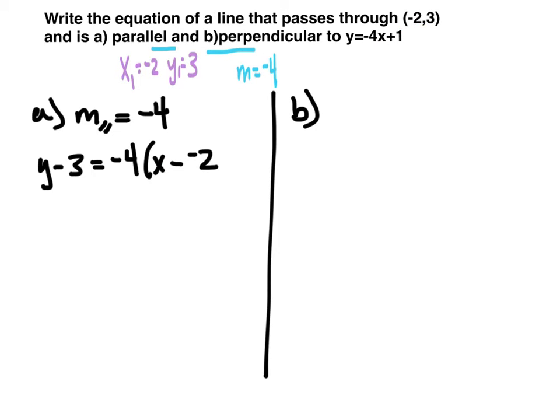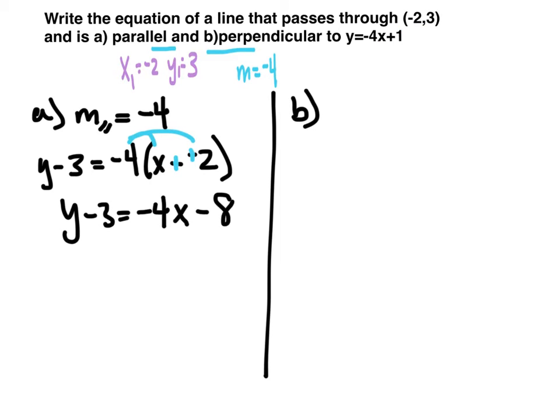So x minus -2, that's the same thing as just x plus 2. We'll distribute the negative 4. Y minus 3 equals negative 4x minus 8. Add 3 to both sides. So y equals negative 4x minus 5 is the line parallel to negative 4x plus 1, but passes through the